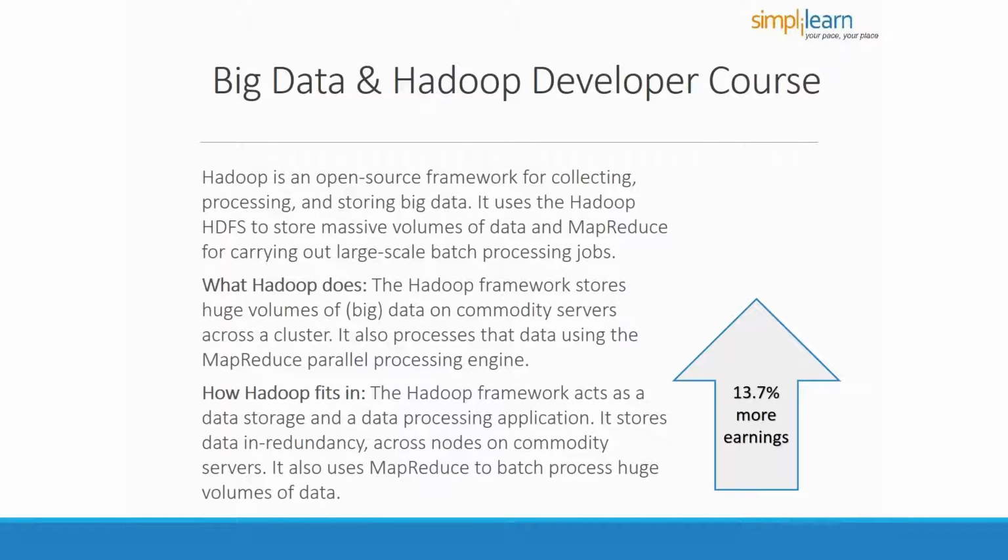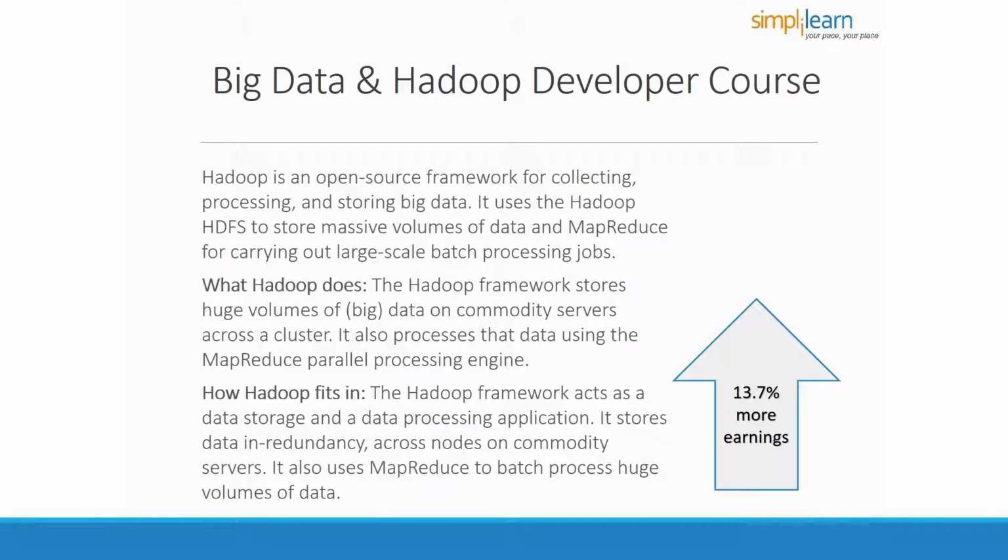How Hadoop fits in the broader picture of a big data technology system: the Hadoop framework acts as a data storage and a data processing application. It stores data in redundancy across nodes on commodity servers. It also uses MapReduce to batch process huge volumes of data. So, okay, now you've seen